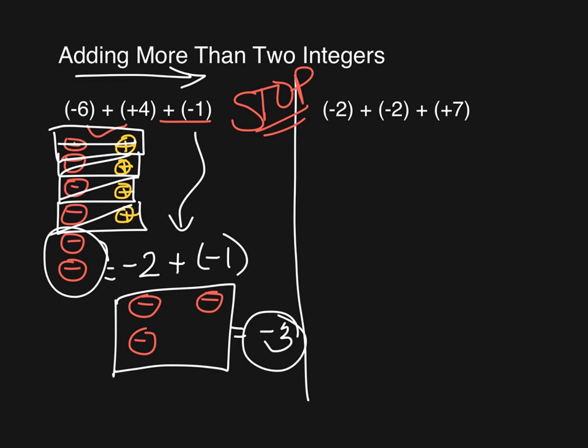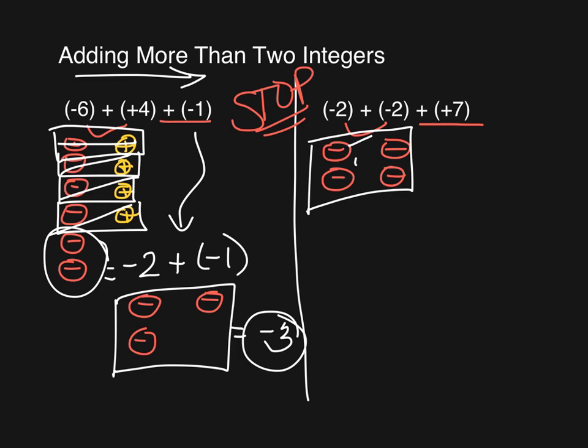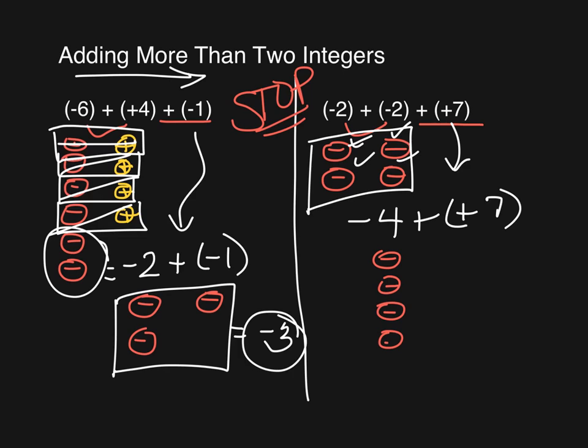Okay, so here we are. We've got -2 plus -2. I'm going to ignore that part of the problem for now. So 1, 2 negatives plus 2 more negatives. They are all the same. So that's 1, 2, 3, 4. So -4. Bring this down. Plus +7. So we've got -4, 1, 2, 3, 4,